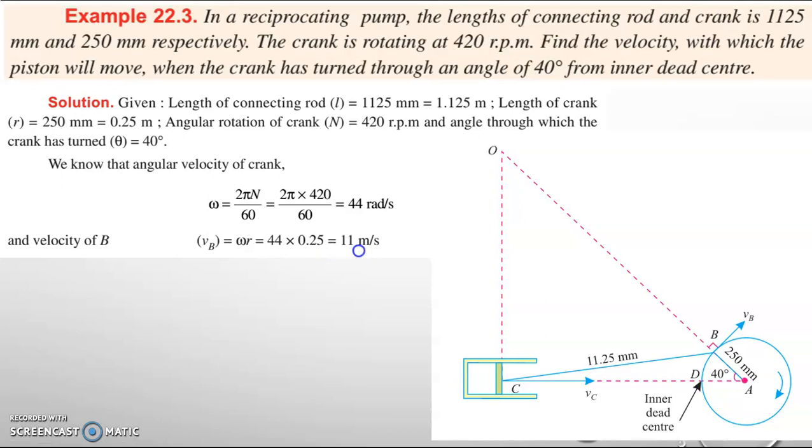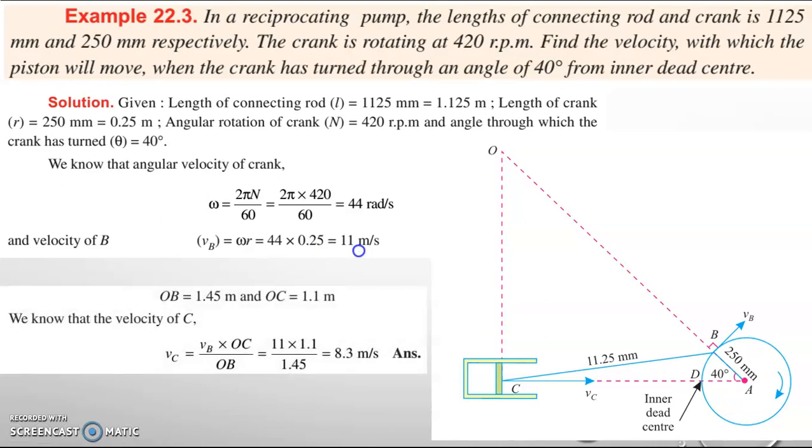This is our VB. And next we will be locating the instantaneous center by the graphical method, and we will find out the required values. We will draw the figure as per the given dimensions, marking AB at an angle of 40 degrees, and we will join at point C at a distance of 11.25 centimeter. From the point C we will draw a perpendicular in the upward direction, and from point B we will draw a line from the center of the circle. These two will meet. We will get the lengths of OC and OB. By using the lengths OC and OB, we can find out the velocity of the point C.